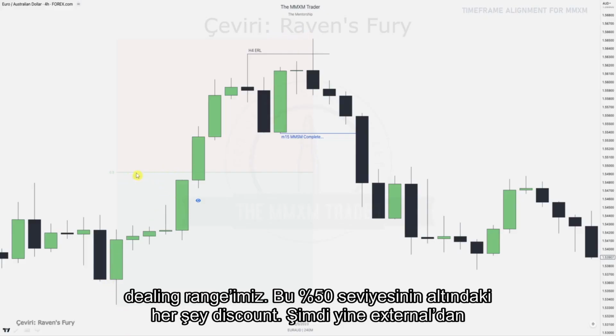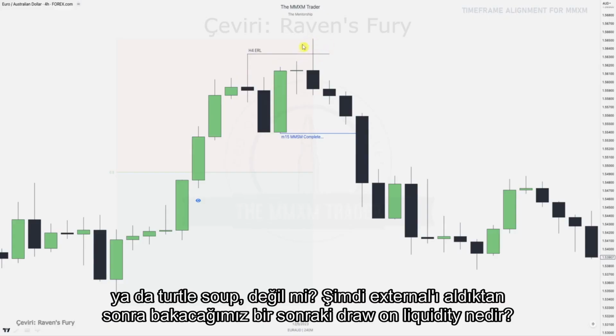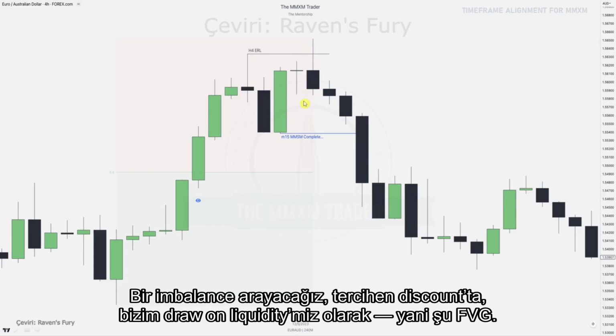Everything below this 50% level is discount. Now again, we think about external to internal, internal to external, order pairing, very important, right? So we have an external range raid over here, or a turtle soup, right? Now, what are we going to be looking for as our next draw on liquidity after we take out external? We're going to look for an imbalance in discount, preferably, as our draw on liquidity, which is this fair value